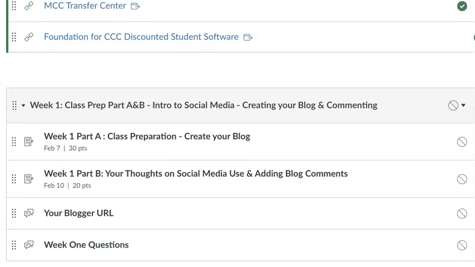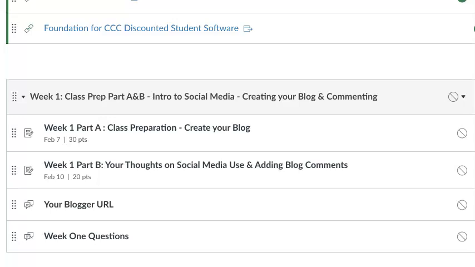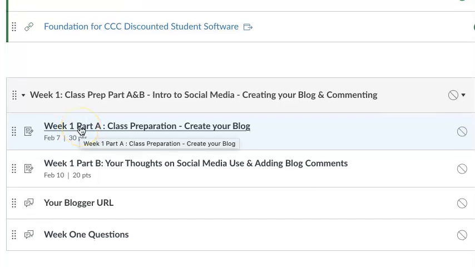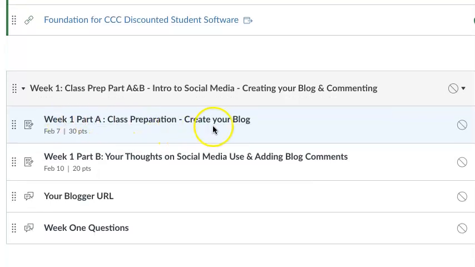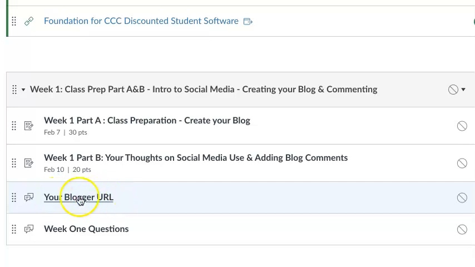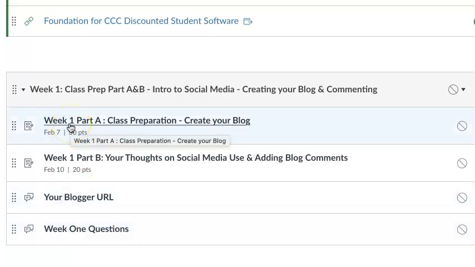But now we're ready to start the real official assignment, which you have to turn in by Friday, or I have to drop you from the class, and that's a requirement from the state and the school. So I want you to create a blog, and then I want you to write a post on it, and this is the part that is due by Friday, February 7th. Once you create your blog, I want you to put the URL or the blogger address here. If you have any questions, post it here or email me, because if you email me directly, you will hear from me right away.